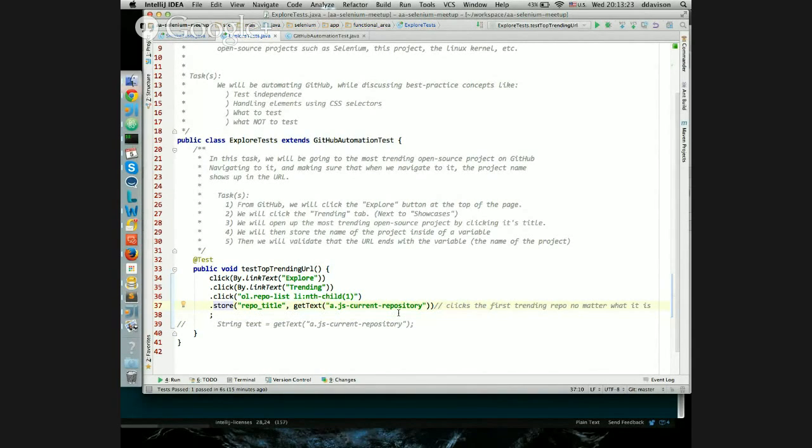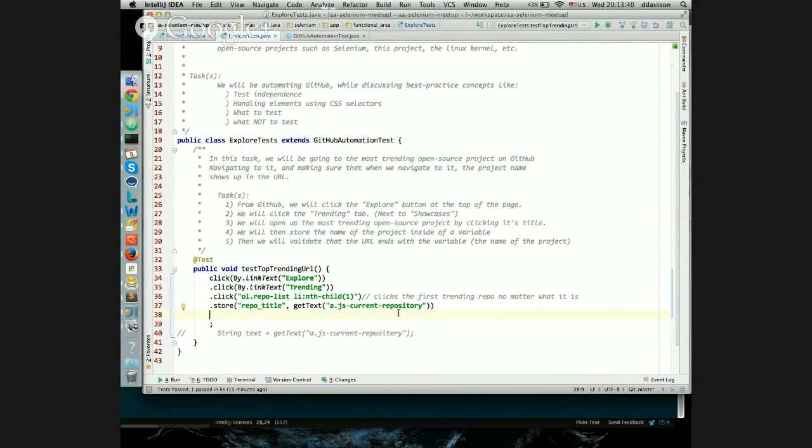Now what that's done is now repo title now equals that text of the JS current repository. Okay. So after we stored that, now what we're going to do is validate that the URL ends with the variable. So again, you could have broke fluency, just say string text, and then validate true that